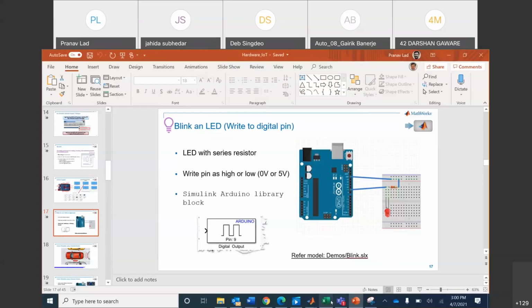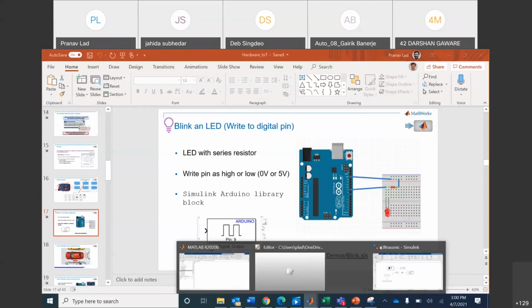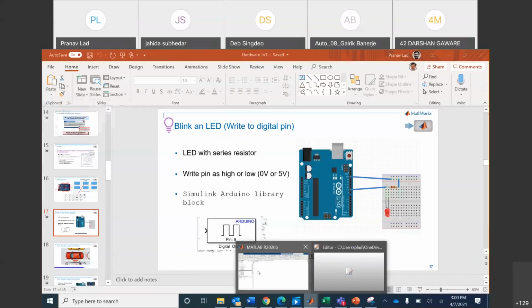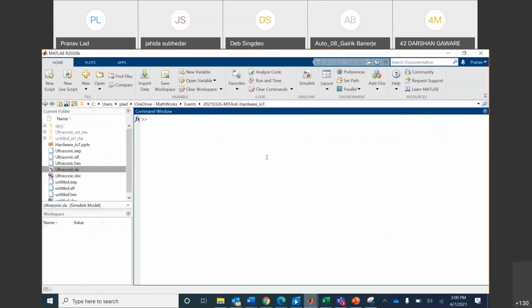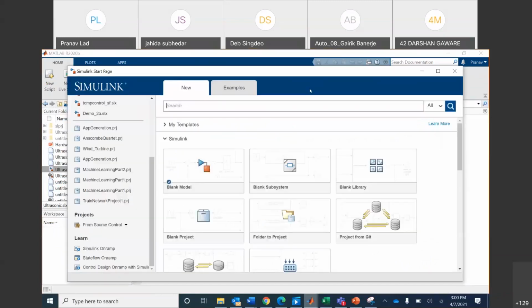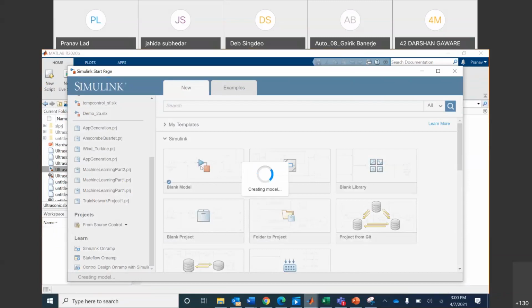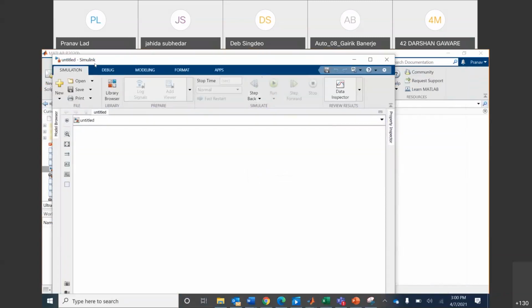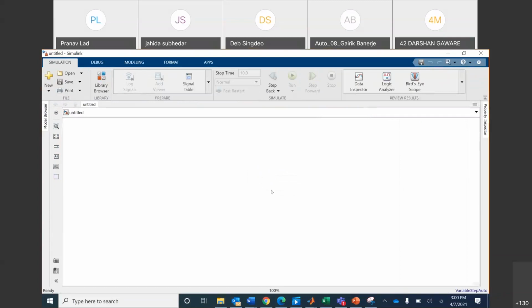And yeah, so if I go to the MATLAB environment, it looks something like this, as I mentioned, right? Now let's go to Simulink. I'm opening Simulink over here, and this window will open up. Right now, let's just create a simple model, create a new model over here, right? So this window opens up when you start Simulink on your desktop.